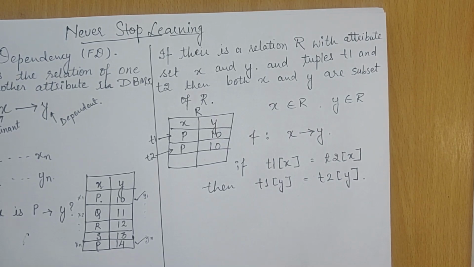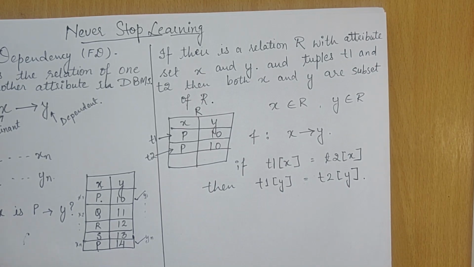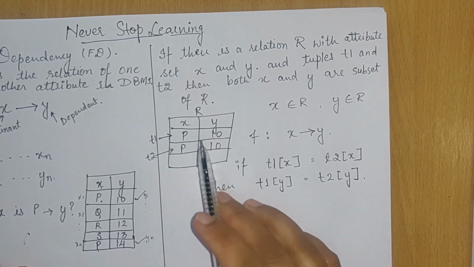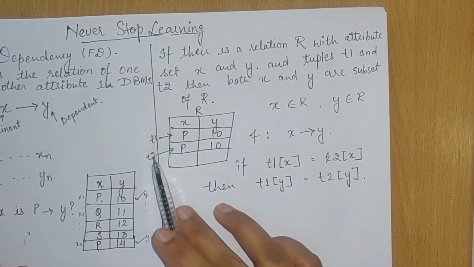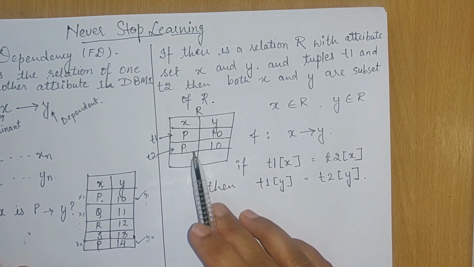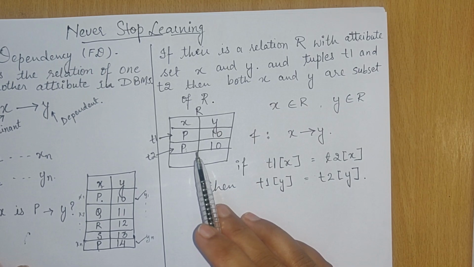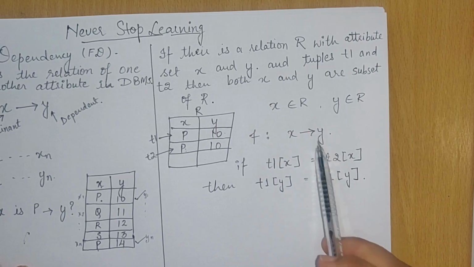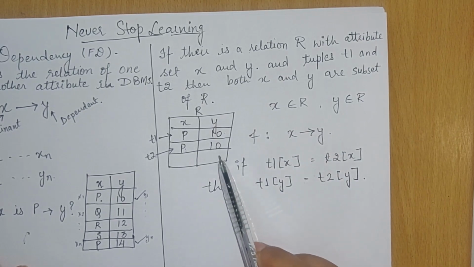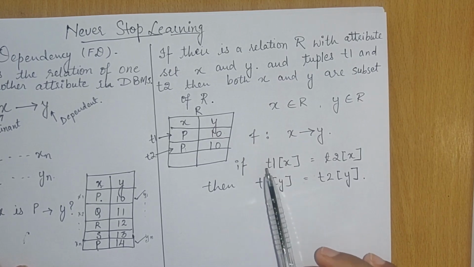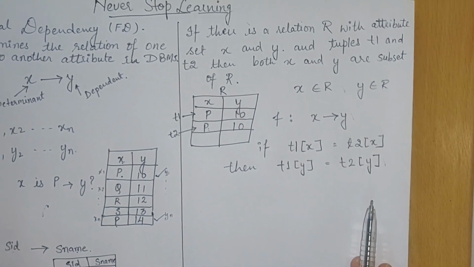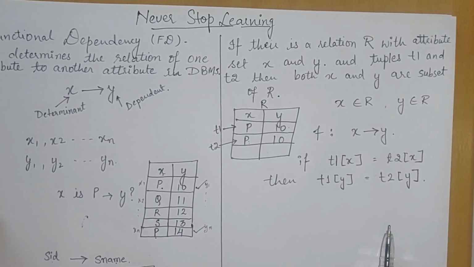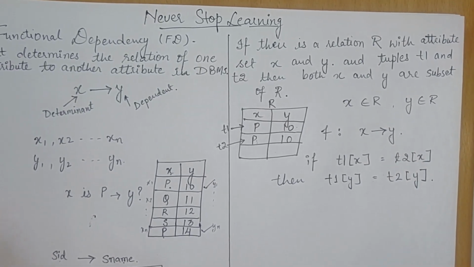Fine. So the definition of functional dependency, as I told in the beginning: if two tuples T1 and T2 have the same value, then those two tuples must have the same value for the attributes of Y also, the one which is dependent on it. If we have the same there too, then only that functional dependency will hold. Otherwise, that functional dependency will not hold. Fine. I hope this much is clear.